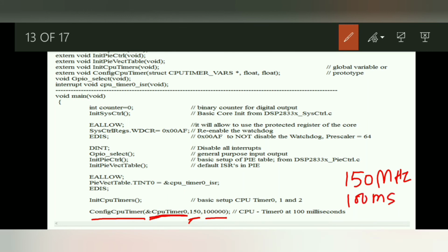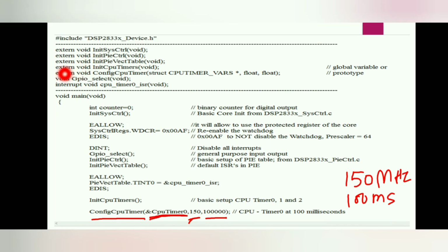So this function will generate the period of 100 milliseconds. This is the hardware extension function. With this function we can provide the delay, or generate the period of 100 milliseconds. So what is the prototype for this function? The prototype of this function will be this one, as you can see here.